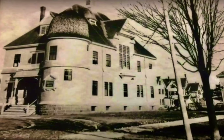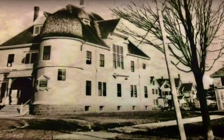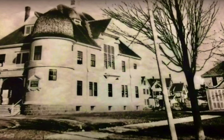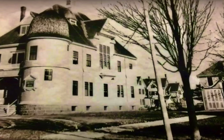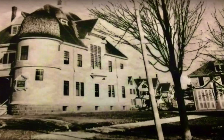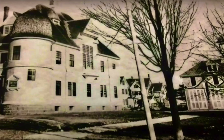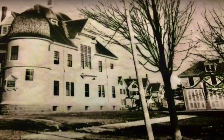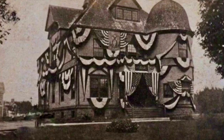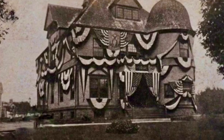So some of you may recognize this building that used to be on the corner of South Main Street and Chestnut, so 90 South Main Street. And it went through many changes. This was actually the beautiful old town hall that was built in 1883, and it was definitely impressive, stately building for its time. There was actually police department and jail, town offices,